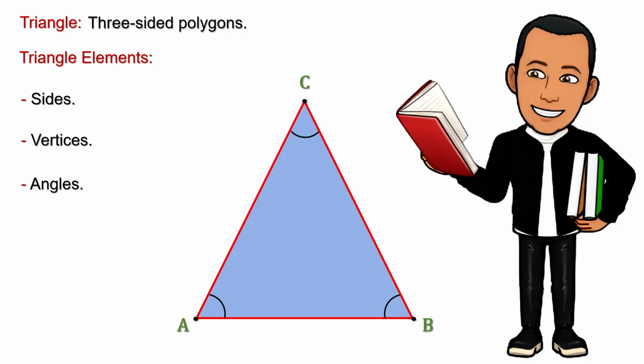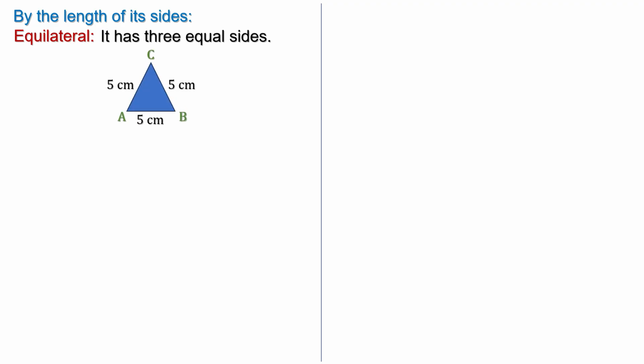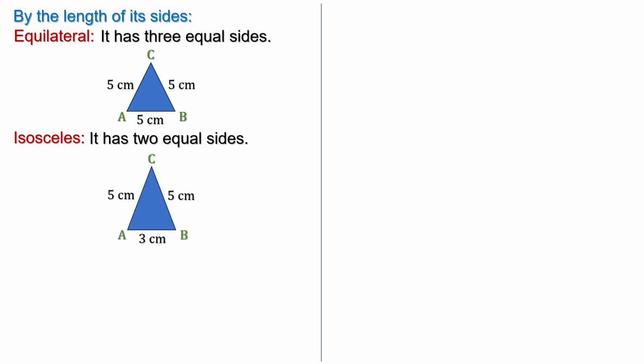Let's mention that within triangles, there are two classifications. First, by the length of their sides, we have the equilateral triangle, whose concept is based on having equal side lengths. For example, the isosceles triangle, whose concept is based on having two equal side lengths. For example, the scalene triangle, whose concept is based on having different lengths on its sides. For example,